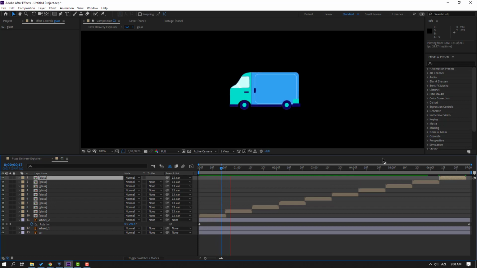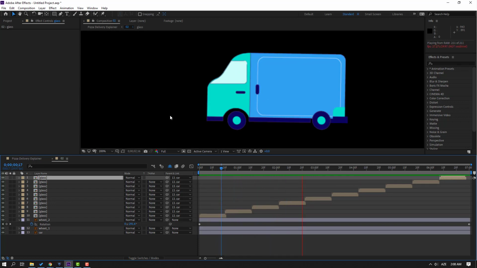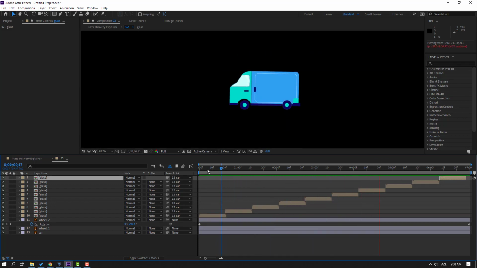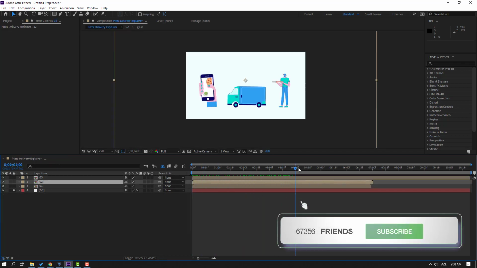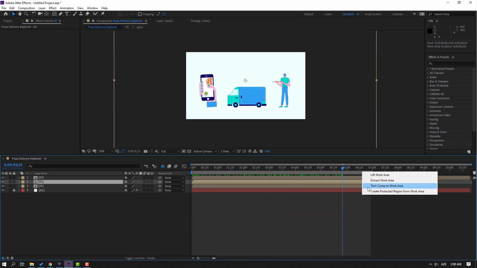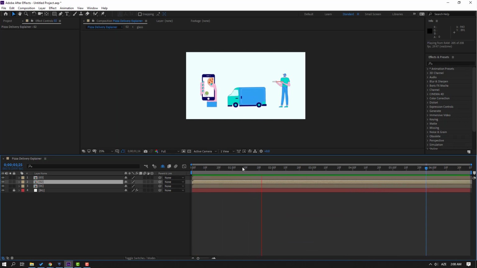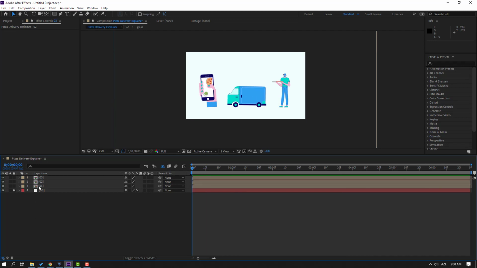Okay, nice. So let's close this composition. Okay, select work area like this. Okay, not bad. So finally let's open this 3 composition